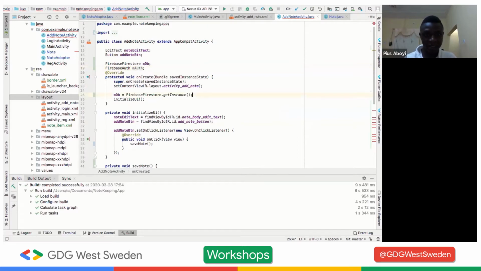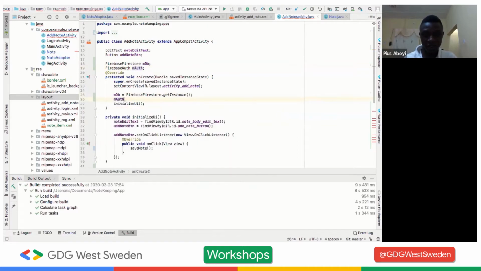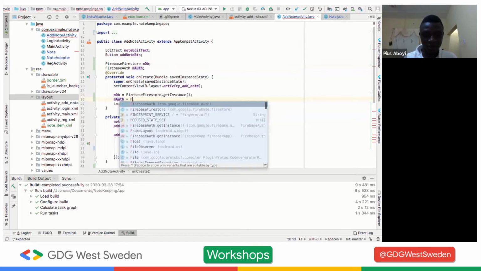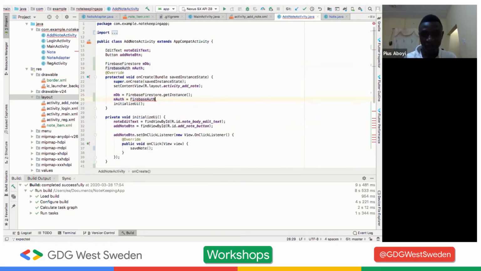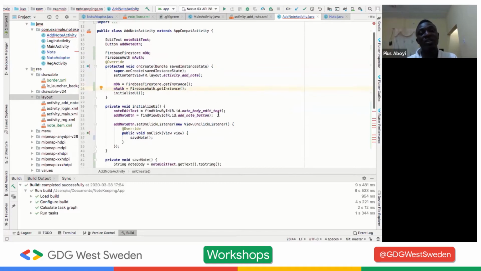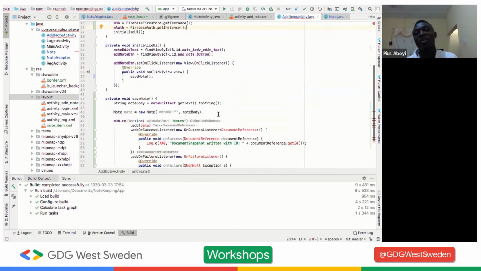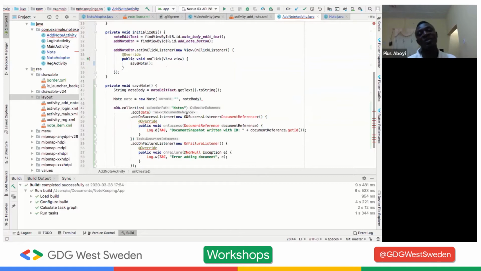And down here again, you can say mAuth equal to FirebaseAuth.getInstance. If you are writing code for a production app, you need to do some null safety checks. But for this project, we're not going to be doing that so much. So we're just going to come here and say auth dot